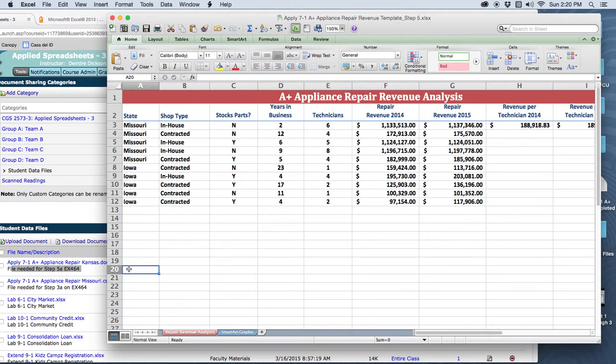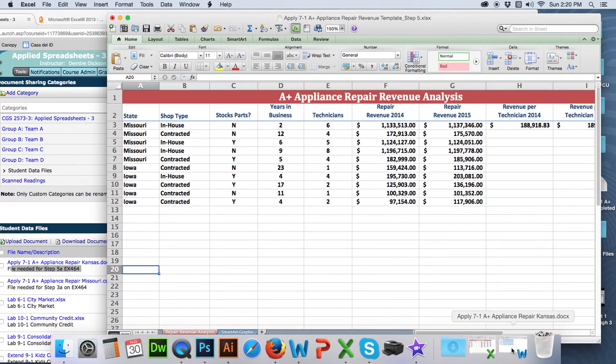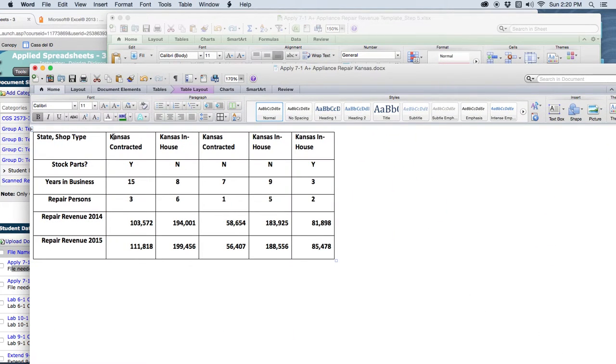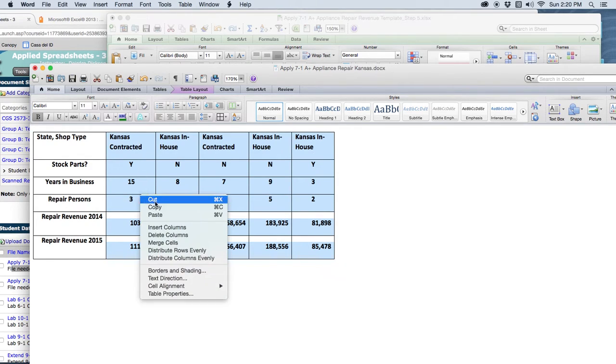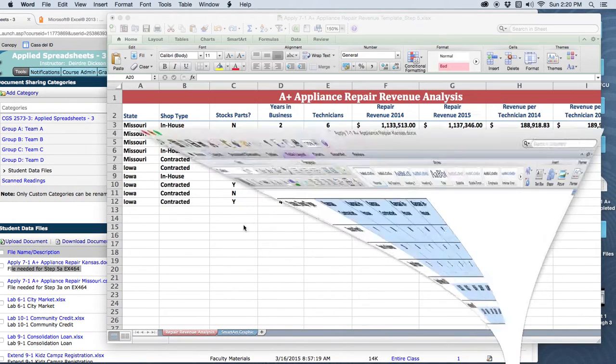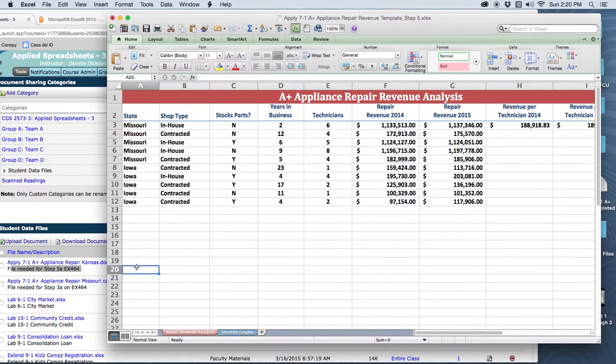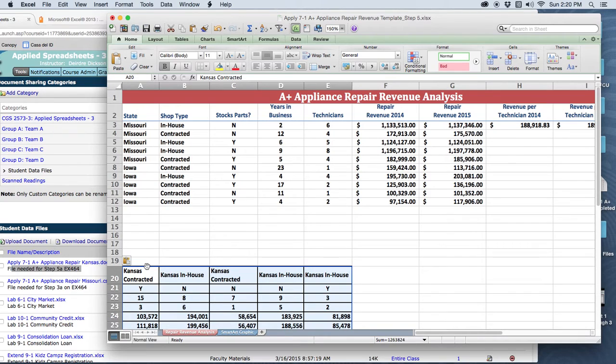In A20, I'm simply going to need to paste in my information that I select. So again, from my Word document, I'll be selecting this range here of columns 2 through 6, and I will copy that. And in Excel, in A20, I'll be able to paste that in. As again, in a high-level mode, I move through this assignment,